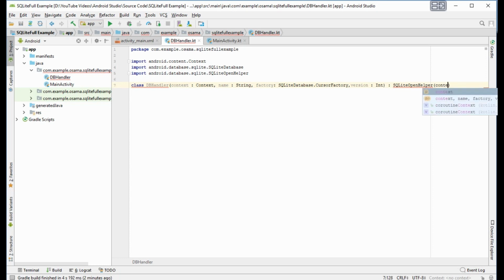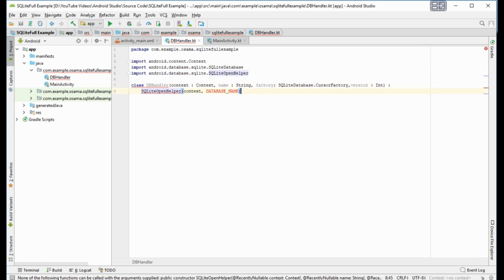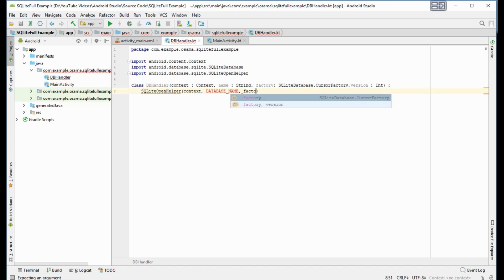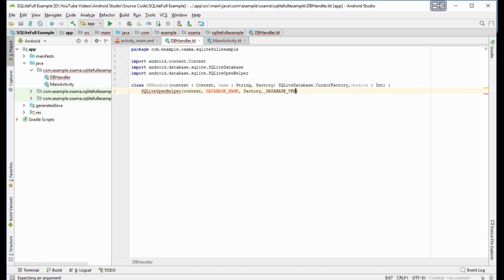Context and database name and factory and database version. Okay.